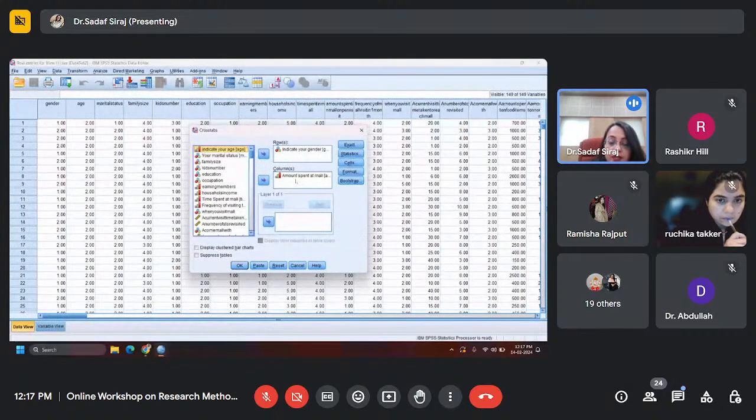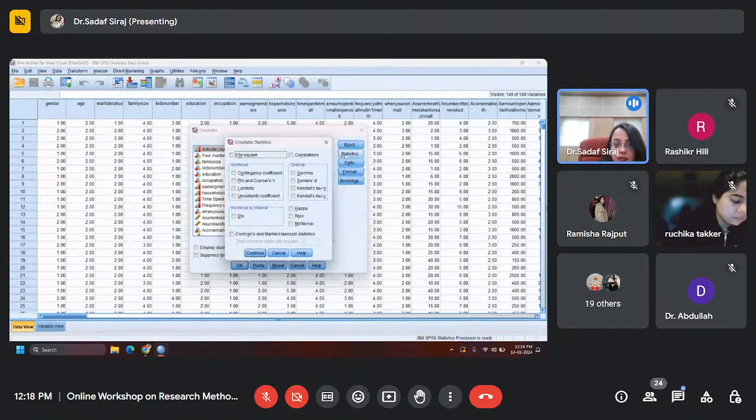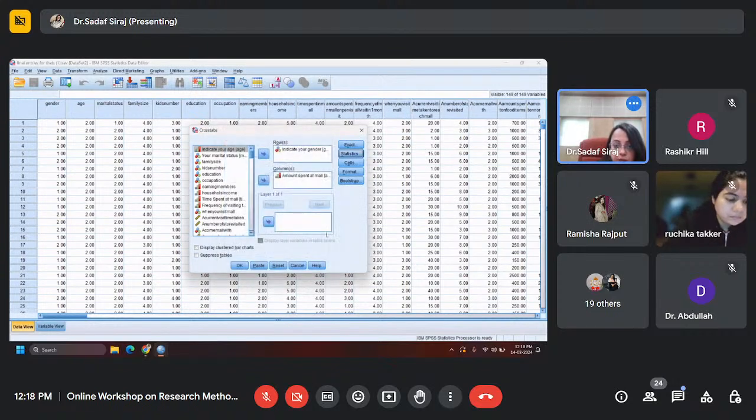So, when you were doing a descriptive analysis in your cross tabulation, you were able to see very clearly that the males were spending more amount of money in the mall than the females. Now I want to prove this statistically also. So up till here we were running a cross tab. Now I go to statistics, and within statistics you can very clearly see chi-square and correlation. As of now, we are just understanding the chi-square. So I click on chi-square, I click on continue.